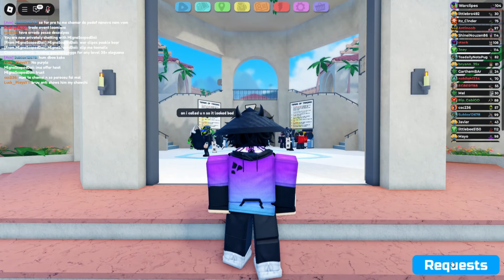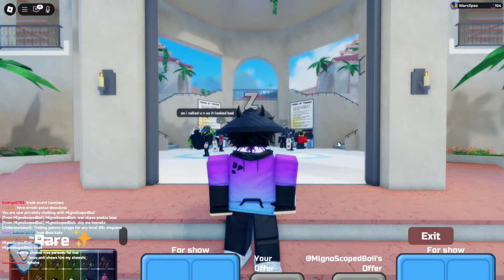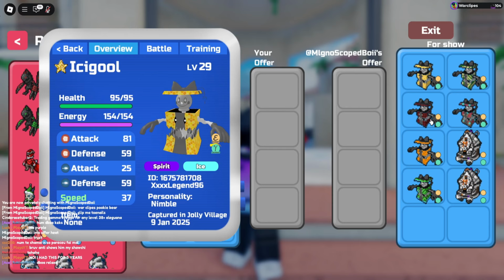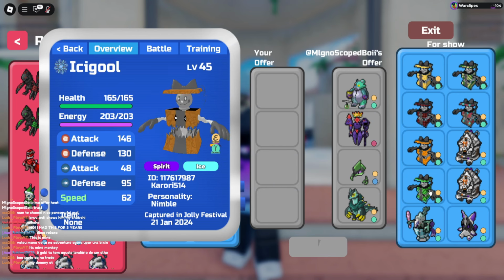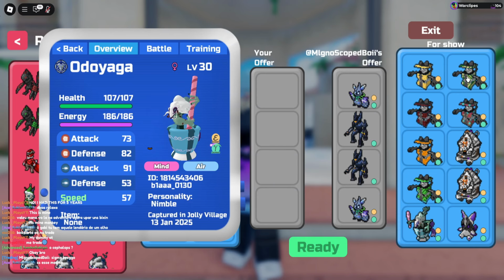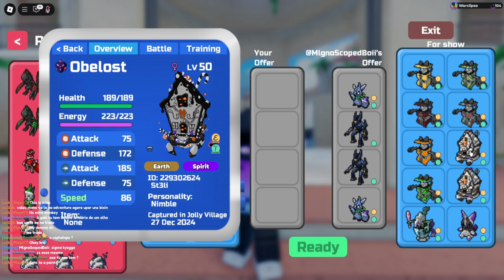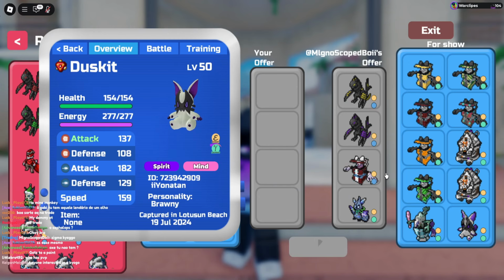Alrighty, and our last trade is going to be coming from MLG No Scoped Boy. So let's see what MLG has to share with us today. So we start off by immediately throwing in the Gamma Honeycomb Icy Gold Pure Nimble, the Gamma Played Icy Gold Pure Nimble, the Gamma Orange Pattern Icy Gold Pure Nimble, the Gamma Green Patterned Icy Gold Clumsy Clever, Gamma Christmas Odiaga Pure Nimble, the Gamma Circuit Icy Gold Pure Smart, Gamma Starred Icy Gold Pure Nimble, a Gamma Christmas Obelos Pure Nimble, another one which is Pure Nimble, a Gamma Plush Kit Pure Brawny,